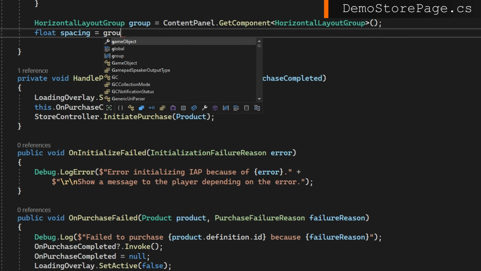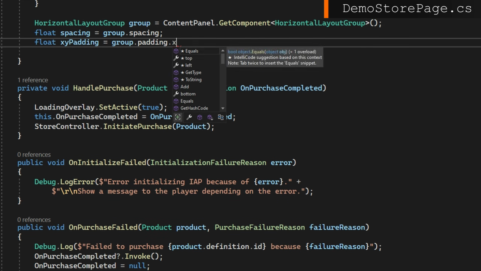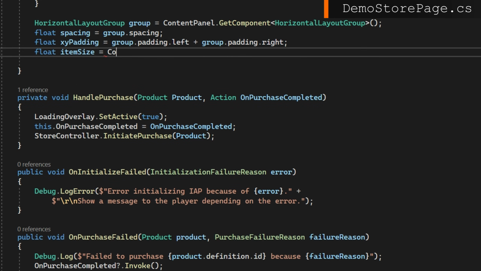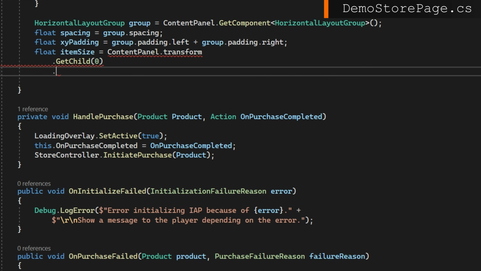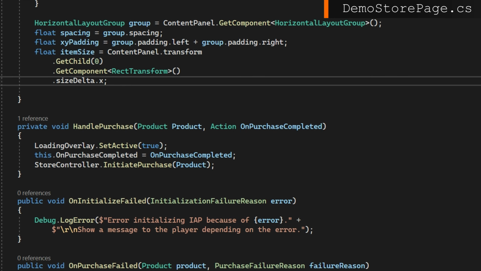So we'll get the spacing from the group.spacing. We'll get how much padding is applied on the horizontal by doing group padding.left plus group padding.right. I called this XY padding. I'm going to rename that to be horizontal padding in just a second. We're going to get the item size by doing content panel.transform.GetChild(0) because we should have at least one child. We'll get the rect transform there and then grab the size delta X. That'll tell us based on the content panel and maybe the layout component, how big did it size this thing